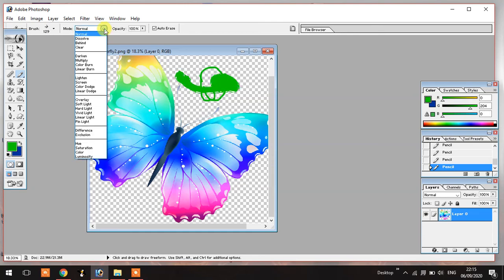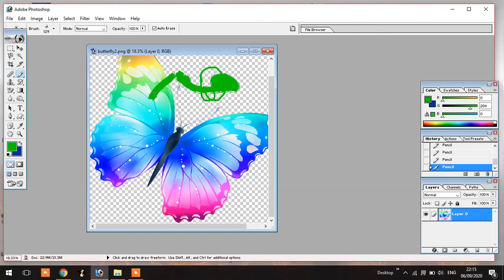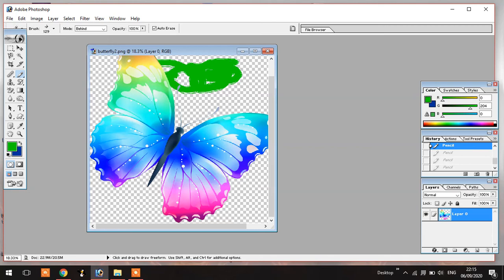When you click on Behind, it colors the background only. Understand? You can also increase or decrease the size.